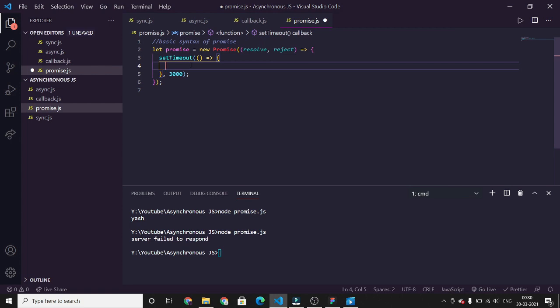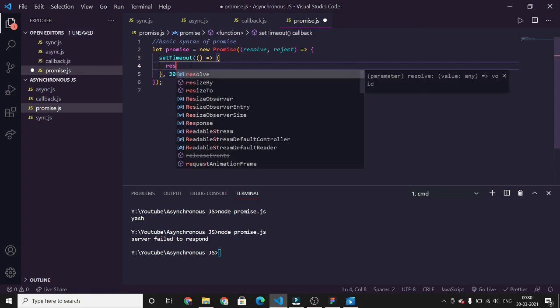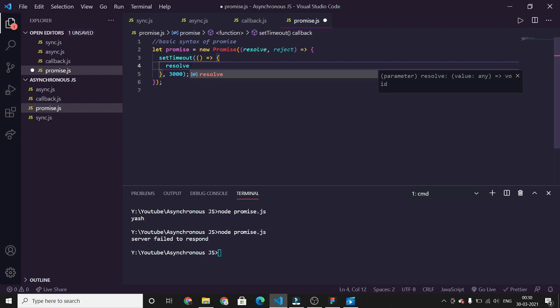So we are assuming that our promise is resolved, so we will call resolve. And remember that when the promise is resolved it has a value, and when the promise is rejected it has an error. So we are passing yes, a string, as a value.